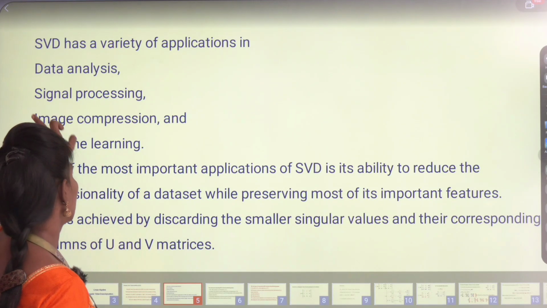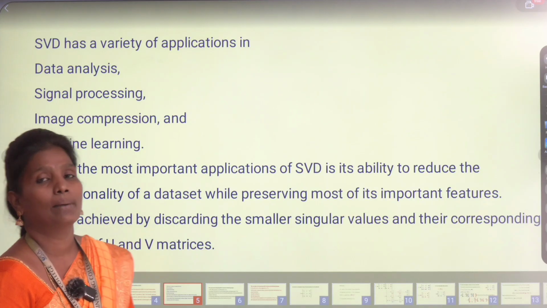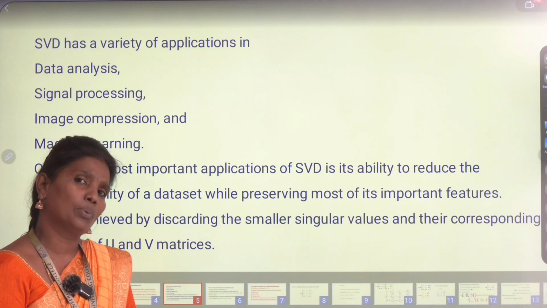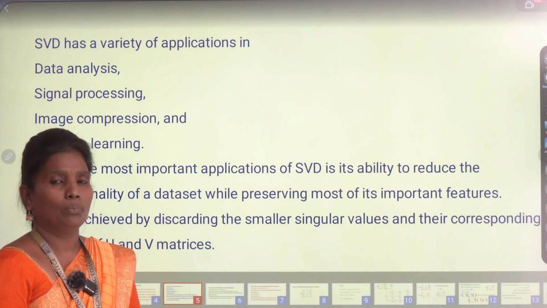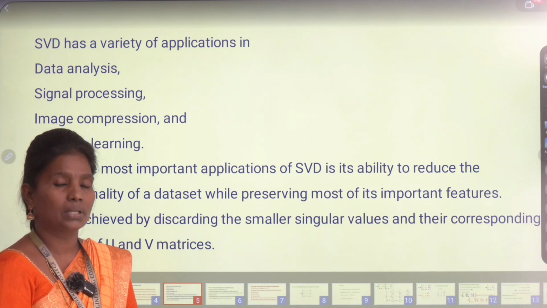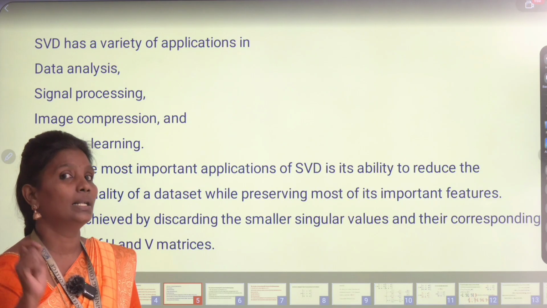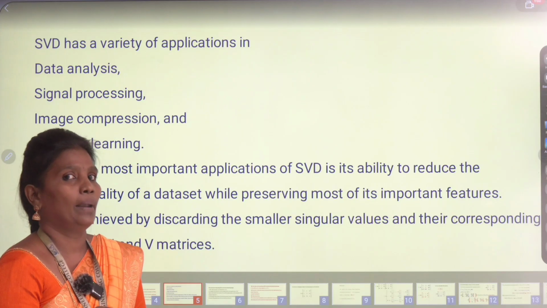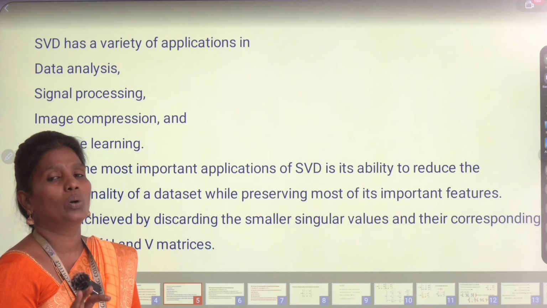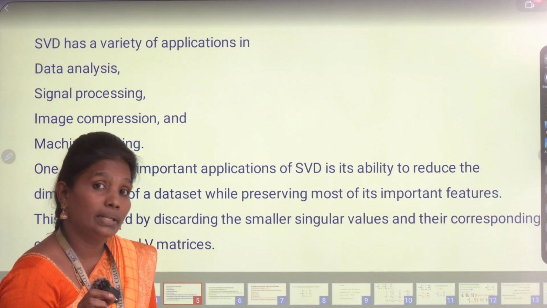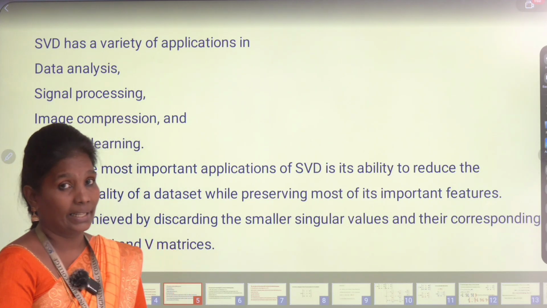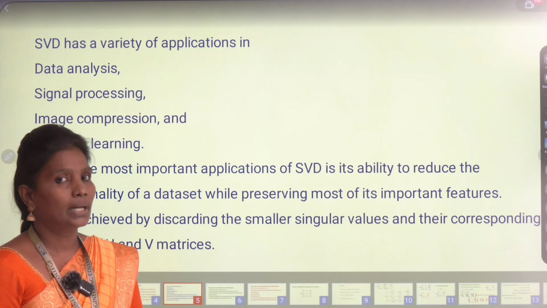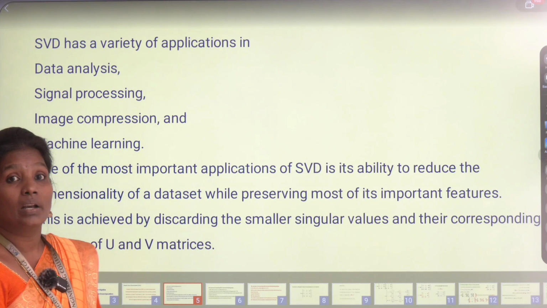First, see, suppose you're going to take signal processing. Where is the signal processing working? In a railway. Important, it is a railway. Suppose the gate is going to be opened, meaning the signal comes from the previous station, then only the gatekeeper is going to open the gate, otherwise he can't open the gate. Is it correct or not? So the signal comes in a proper way, at the correct time, then only the gatekeeper is going to close the gate or open the door. Is it correct or not? So that's how SVD is working here.